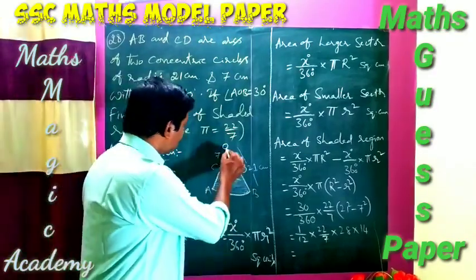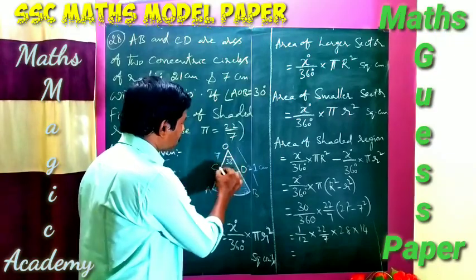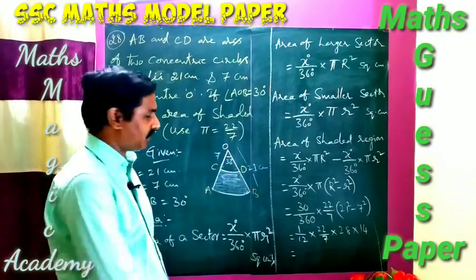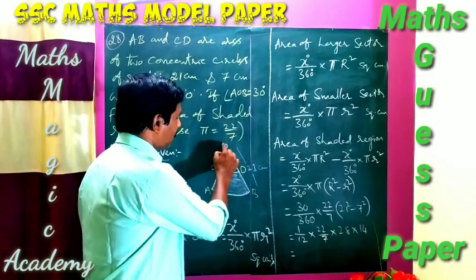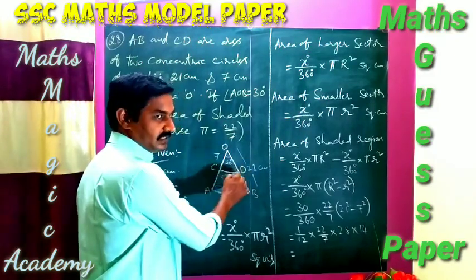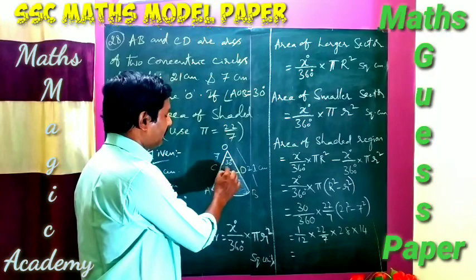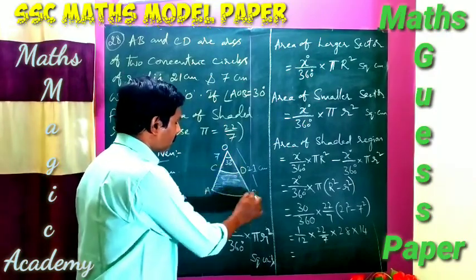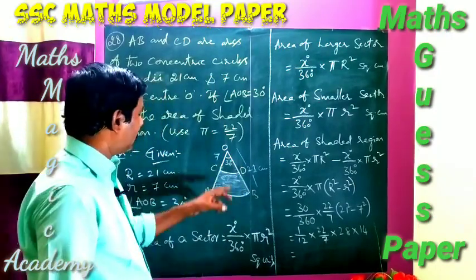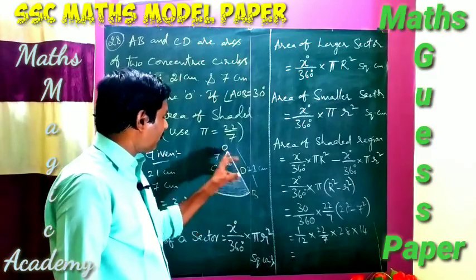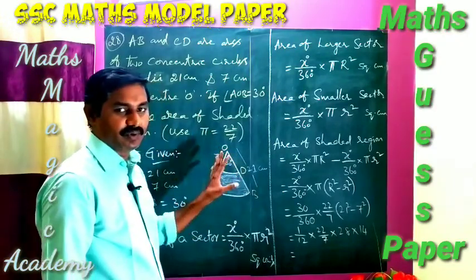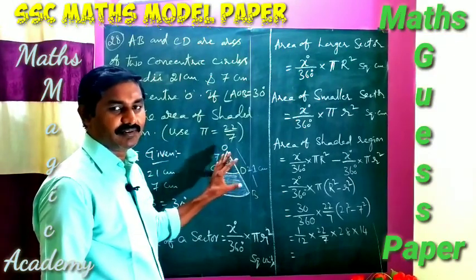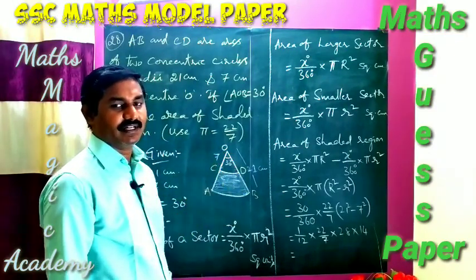That means from the total area, you have to subtract the small area. From the total area, the unshaded part is this one. So this COD, whatever region the arc CD makes, that area you have to subtract from the total. So that means the area of this complete sector minus the area of this small sector. If you do that, then automatically the result will give the area of the shaded region.